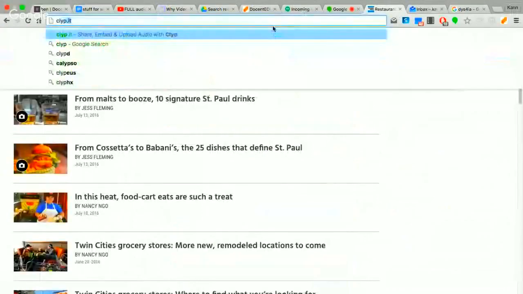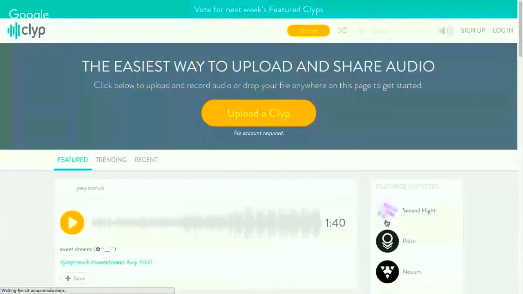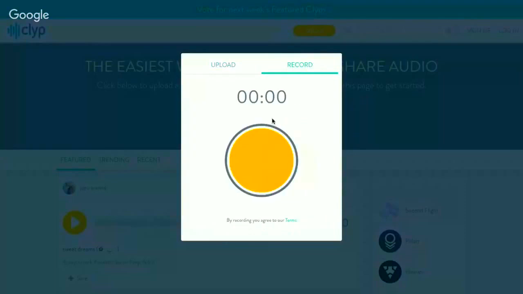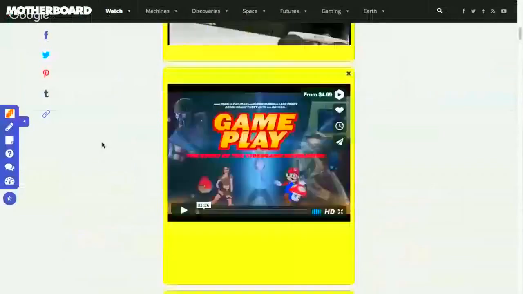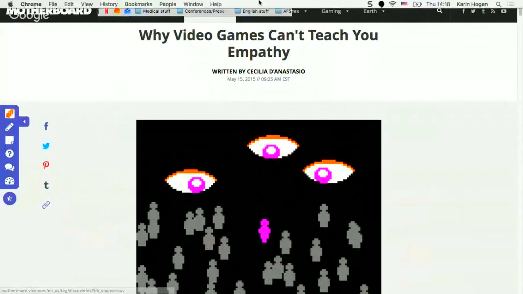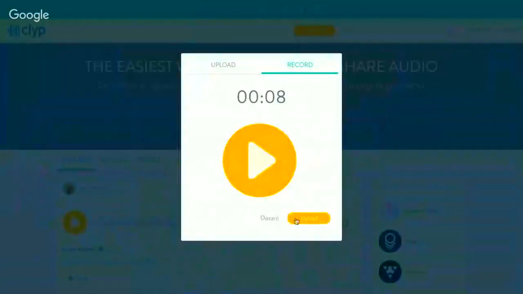So the first thing, the website that I usually use, because I just find it's the easiest, is clip.it. All I have to do is click upload a clip, record, click the record button. Hi, this is Mrs. Hogan reading you the article here, Why Video Games Can't Teach You Empathy. And as you can see, I keep reading. Then all you do is click the stop button,